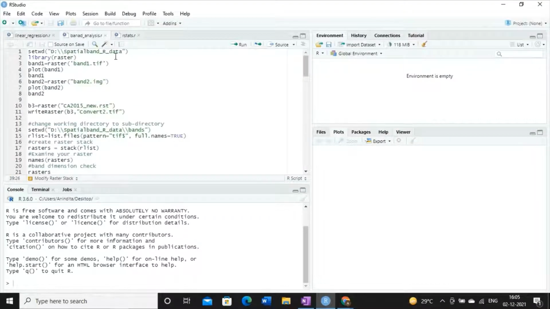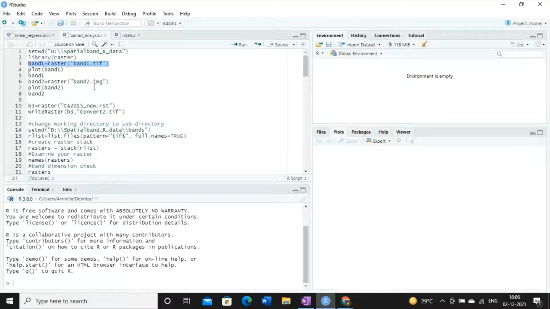We have already discussed how to set the working directory in R. If we are not setting the working directory in R, then it is very difficult for us to access the input files. And loading the package raster is important, right? Since we are working on spatial data, more precisely on raster data, this package is useful. We have also discussed how to load different bands of a raster. Whenever we talk about a raster, it consists of some number of bands, so we can load the bands according to our use.